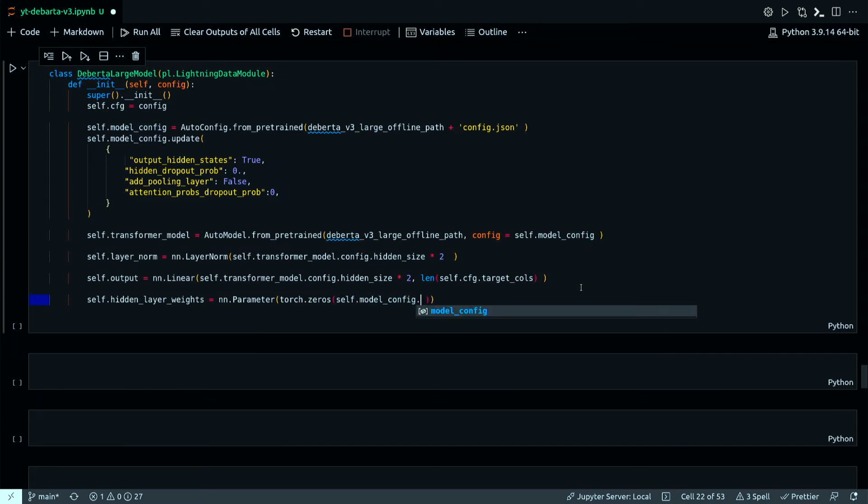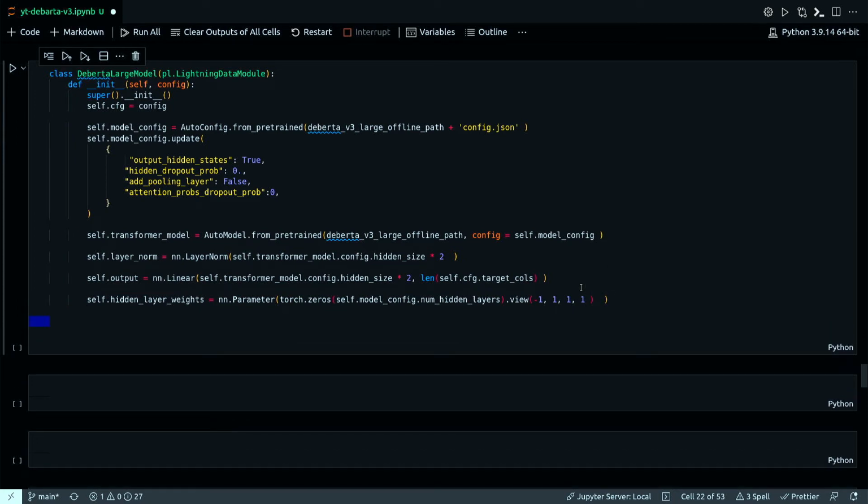Model config layers, and that I need to view, change the view with -1, and the rest are all 1. 4-dimensional tensor it is. Okay, and next I need to define a dropout layer, and for that I'm going to use a module list.